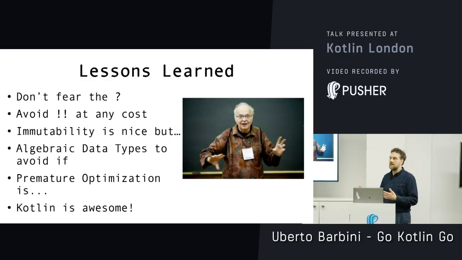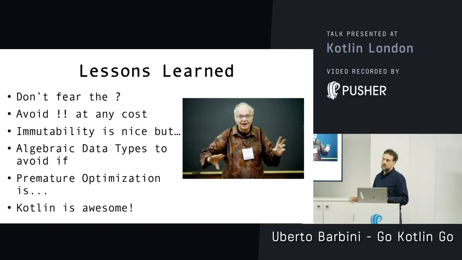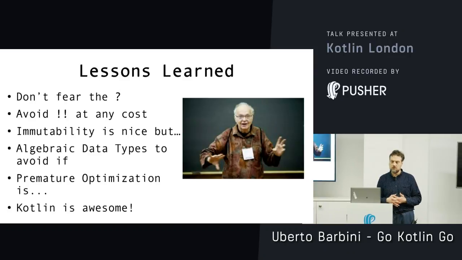Because every time you put a double exclamation mark, you are saying, OK, this type can be nullable, but not here. And why not here? That means either there is some abstraction that is missing that you wanted to remove, or there is a kind of not so good coding, because actually it can be null at that point, and you can have problems. But we don't want to have a null pointer exception. So really, we should avoid the double exclamation mark.